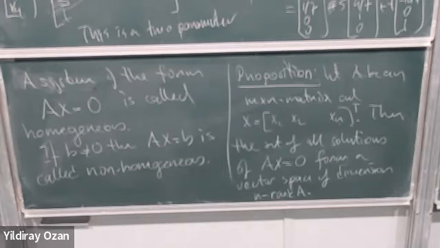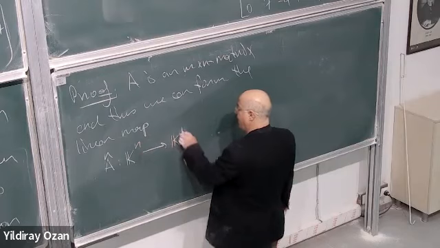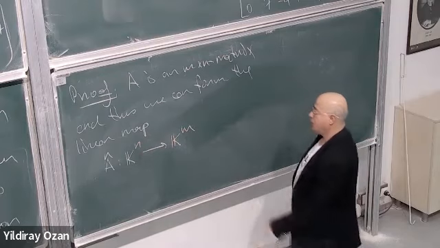We may work over an arbitrary field, not necessarily real numbers. So A is an M by N matrix, and we consider the following linear map from Kn into Km given by